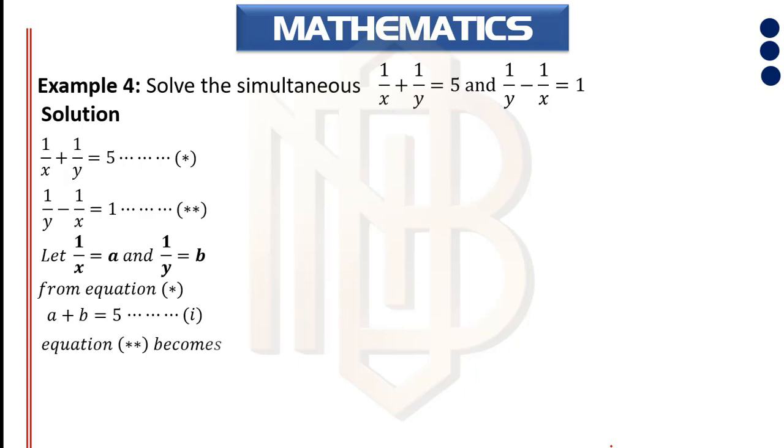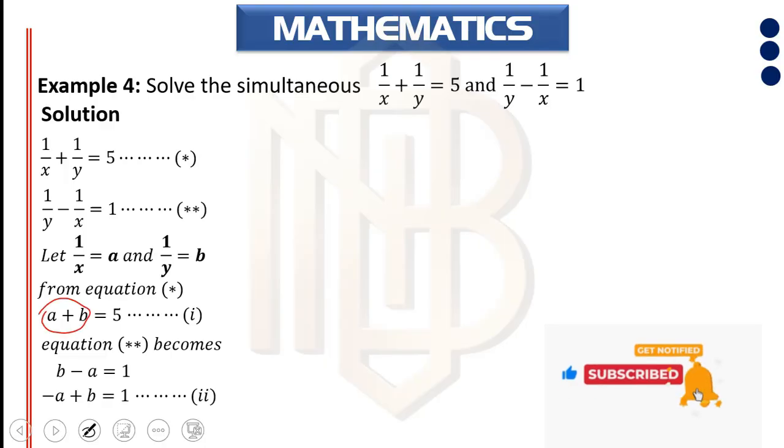And if you do the same for equation star star, you have b minus a equals 1, which you can rewrite. The only reason I'm rewriting it is so that it will have the same form as this, for ease of